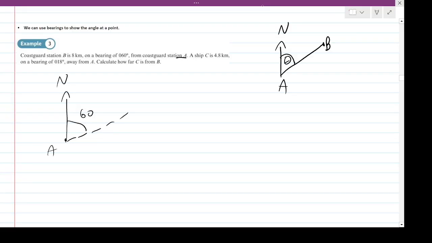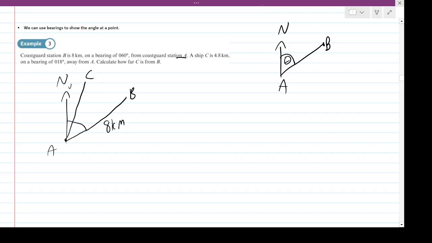So then we can simply continue this line, and that'll be the point B when it's reached 8 kilometres. There. Okay, cool. So that's where B is. Now C is a bearing of 18 degrees, again from the north, the same north direction upwards. 18 is probably going to be about maybe there. And that'd be C. And if I say 8 is down there, 4.8,